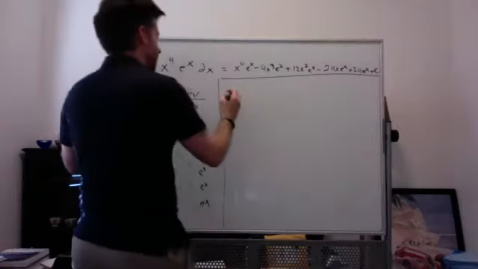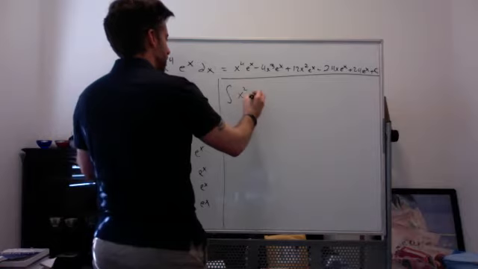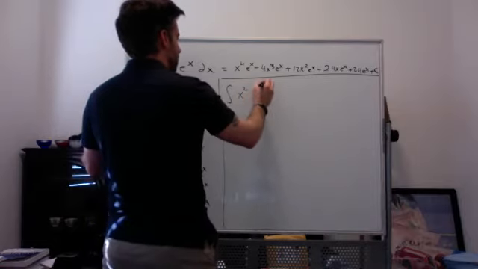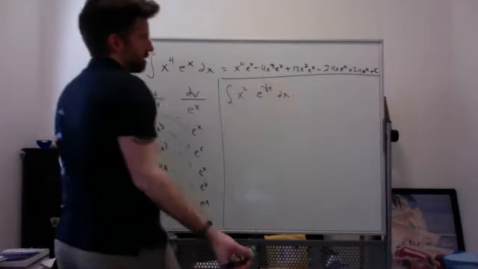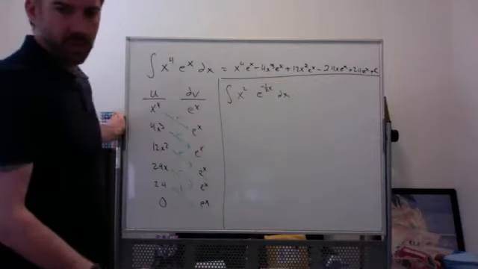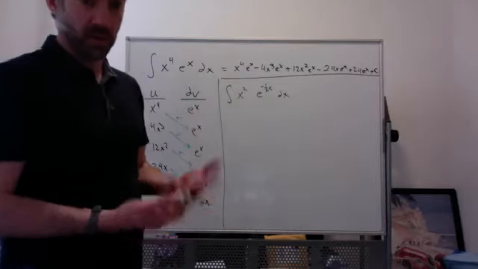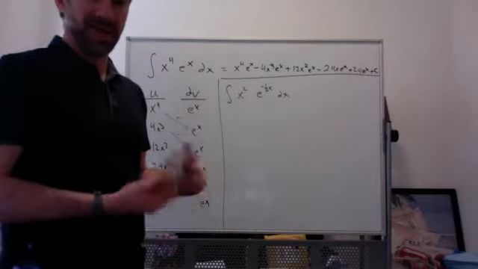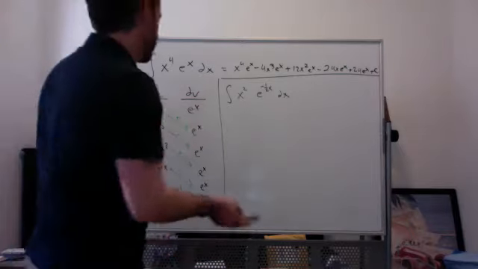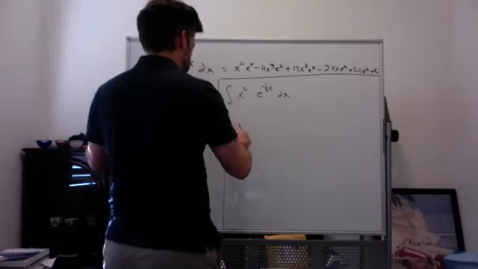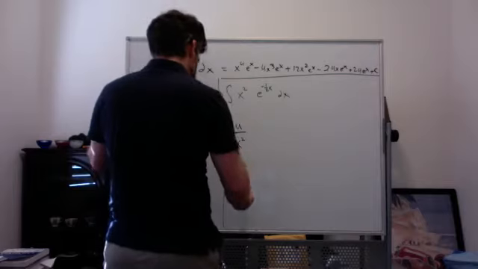So let's look at something like, let's not make it too crazy. Let's do x squared times e to the -1/2 x dx. Yeah, that's a good problem. Same sort of choice we're going to make. We're going to let u be the algebraic thing, the x to a power, and dv is going to be the e exponential thing. So my u column is going to be x squared, and the derivatives are 2x, 2,